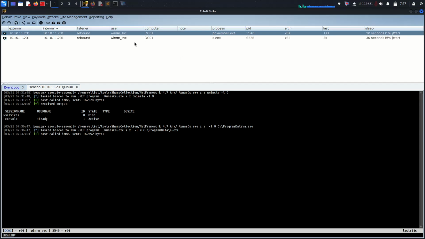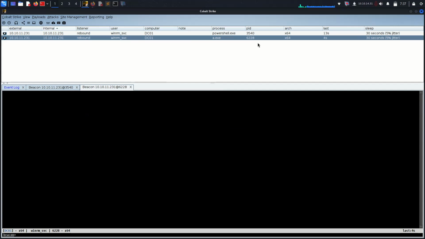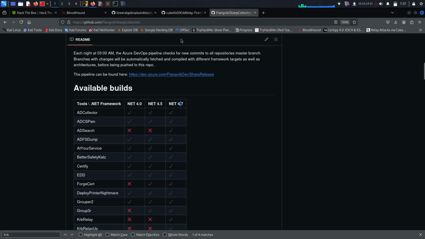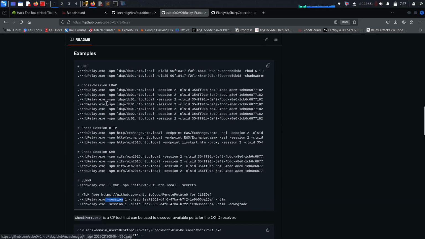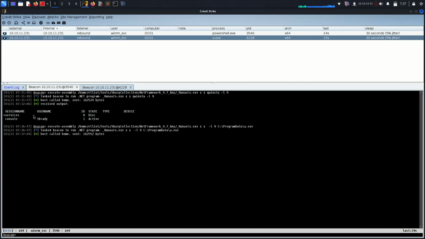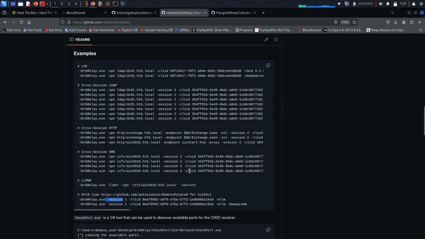Alright, so now we got another beacon, but it's just an interactive login. Instead of using this Kerberos relay X, which is here, now we can use Kerberos relay X as tbready, which we grab there. And then instead of using run SCS and Kerberos relay X together, we can just use it, and then we can try to grab here